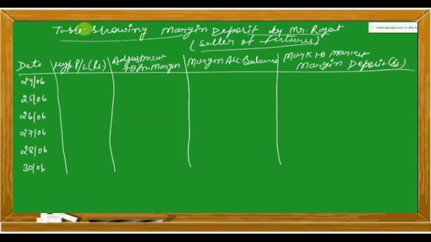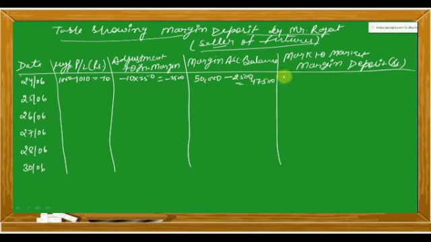So the price on 24th of June is 1010 and the strike price is 1000. We are talking about the seller, so he is in a loss situation. So 1000 minus 1010 comes down to negative 10. Negative 10 multiplied by 250 is negative 2500. Margin account balance, 50,000 was the initial balance. Now it is negative 2500, so this will come down to 47,500.